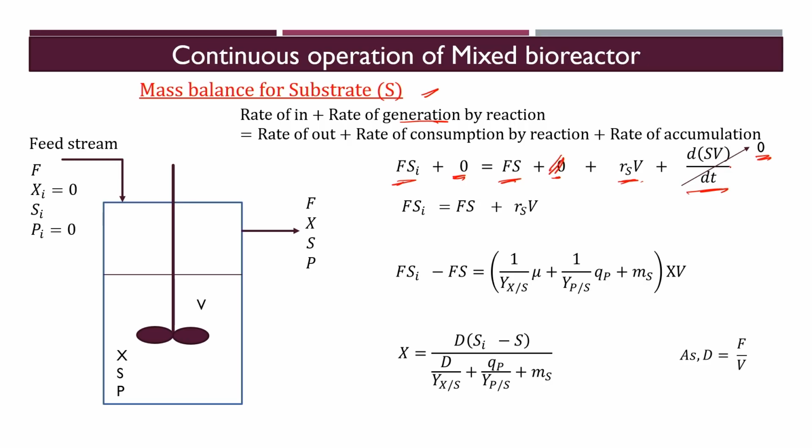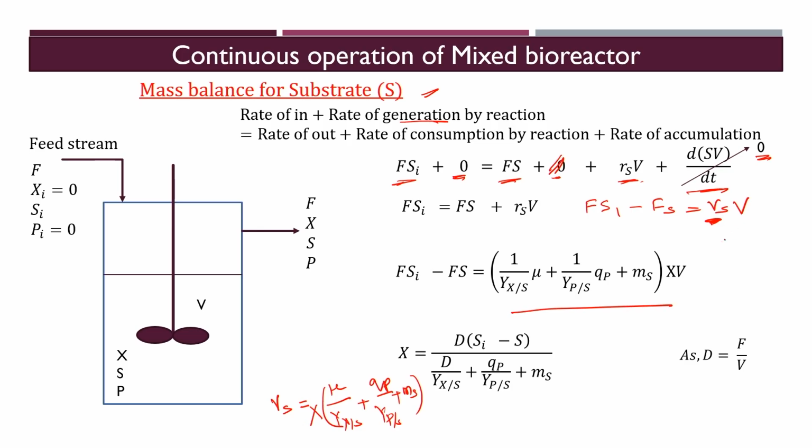So, we are ending up here with F Si minus FS equals Rs into V. And what is the Rs? Rs will remain the same as we discussed earlier. Rs will be utilized for the biomass, mu upon Yx upon S, plus for the product, qp upon Yp upon S, plus maintenance into x. This is the Rs